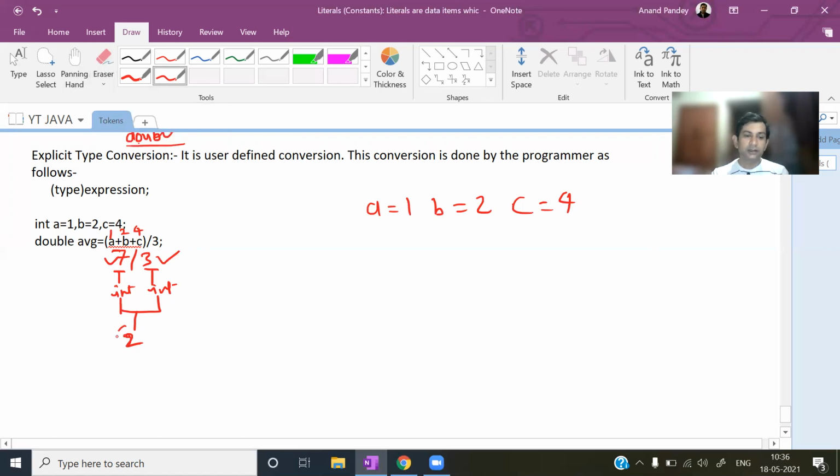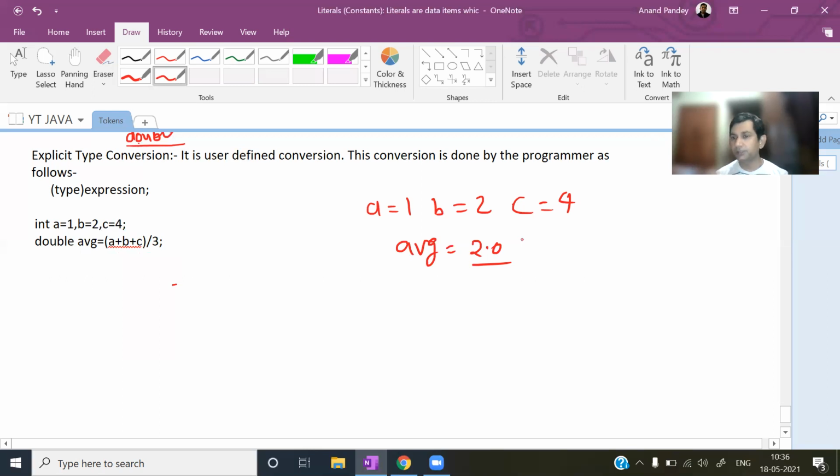Okay. So what are we getting? 2 here. And when this 2 is stored into the variable ABZ, since it is of double type, the value of ABZ will be 2.0. Nothing else. Means you will not get 2.33, because here we are getting 2, and when 2 is stored into ABZ, it will be converted into 2.0 because ABZ is of double type. So we are not getting the proper result. See why we require explicit type conversion, that I am going to tell you.